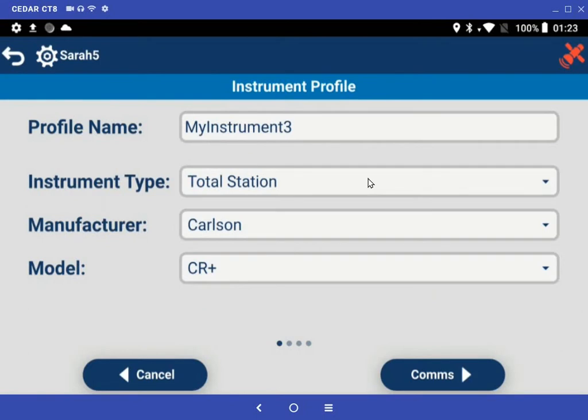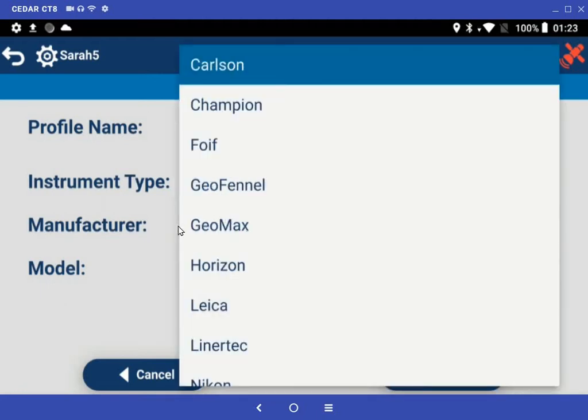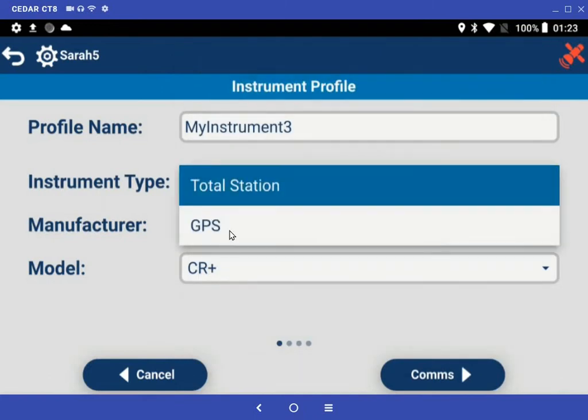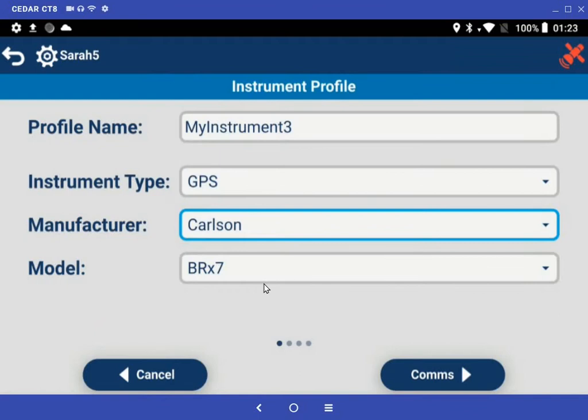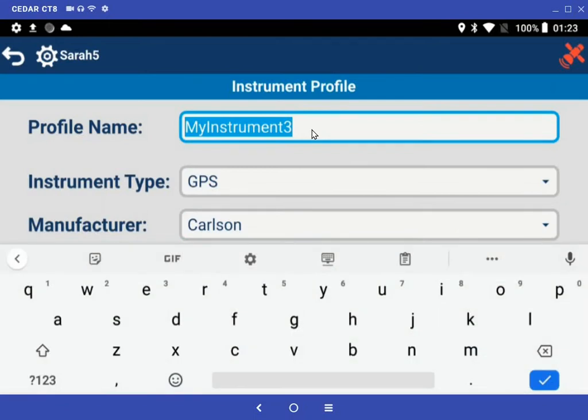Carlson Layout supports all of the drivers that are available in any other Carlson product. So if you look in the instrument profiles under total stations, you'll see all the brands you're familiar with, and the same under GPS. In this case, I'm going to choose the Carlson BRx7 because I have one here on my desk and because it's a brand new release from Carlson Software. And I'm going to call my configuration the BRx7